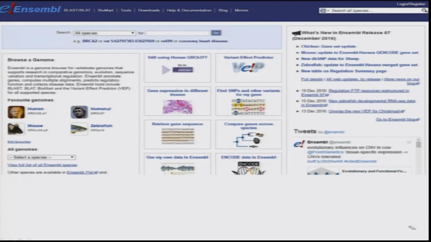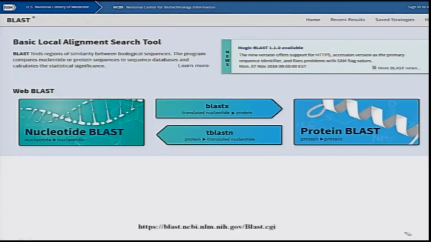Since we had a few hundred base pairs of sequence and we didn't know from which gene it is, or whether it is a coding region or non-coding region, or just an intron or an exon of a gene, we don't have all that information. So one such way is to use BLAST,